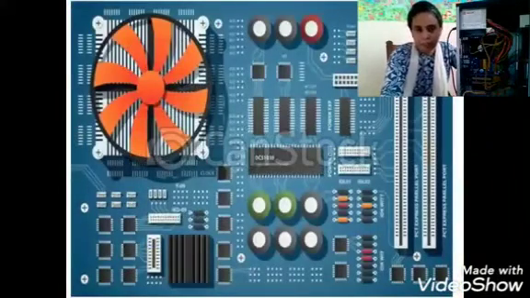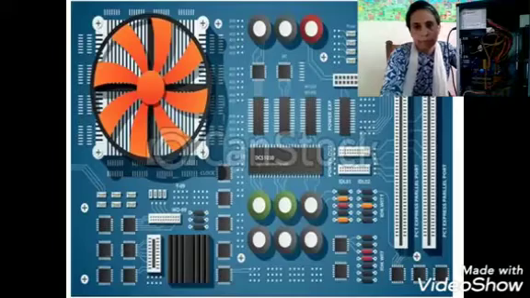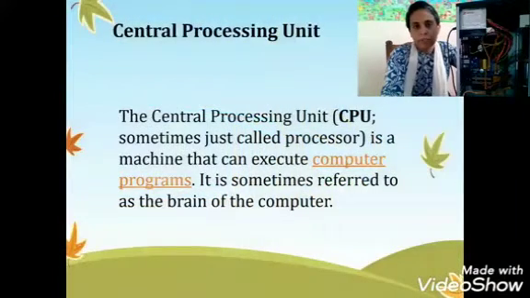Here you can have a proper look at the motherboard, because here it's not visible, it is inside. And the fan and the other expansion slots, you can see inside. Yes. So we'll discuss the central processing unit.